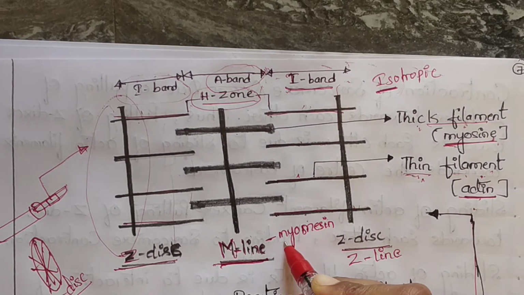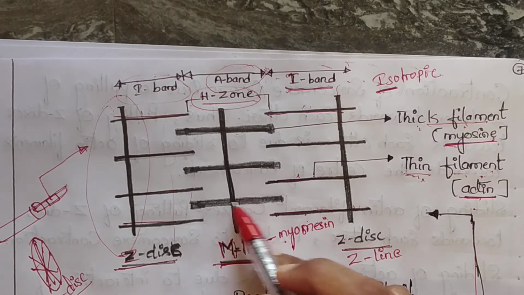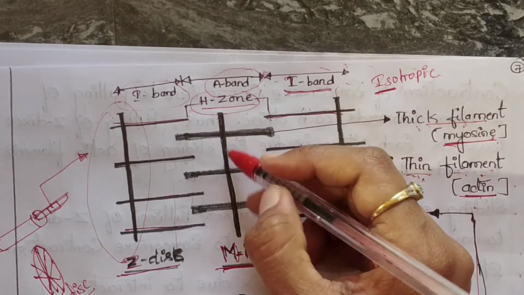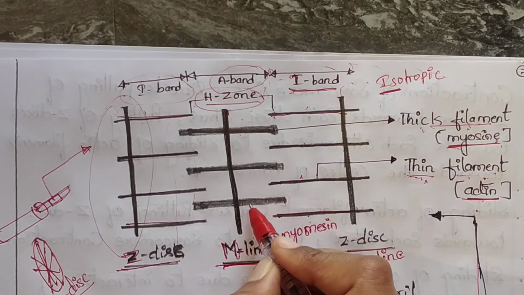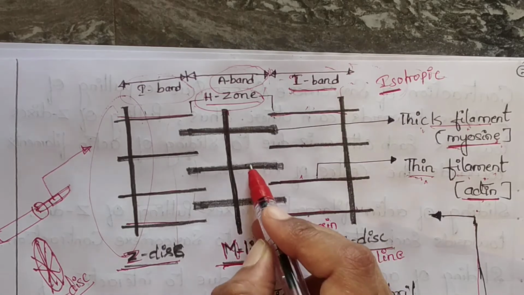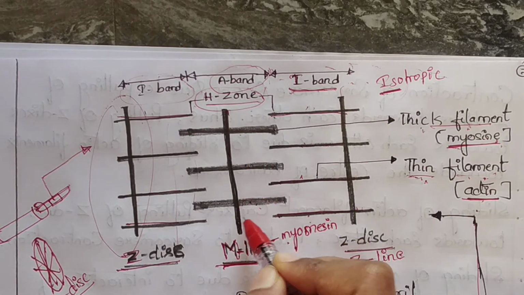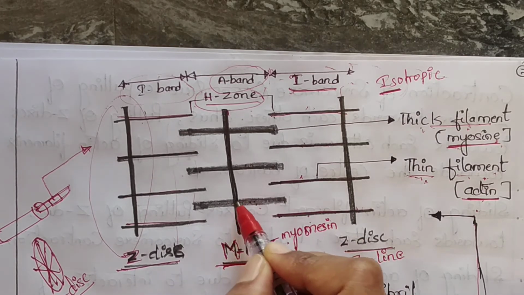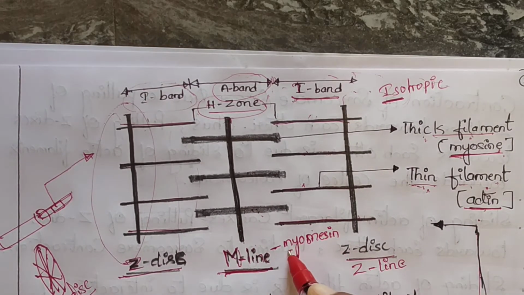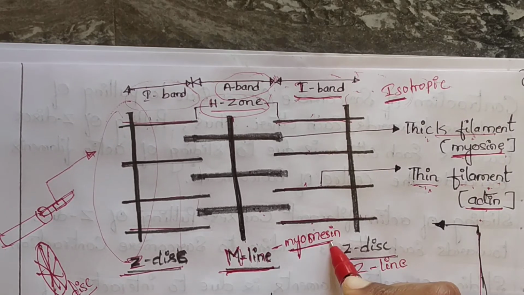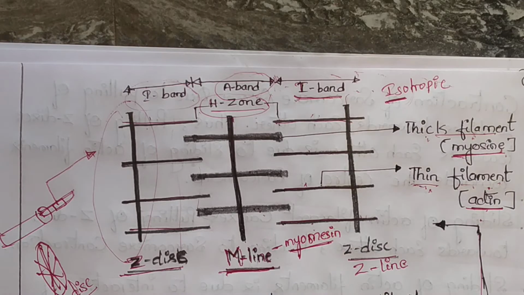And what is the function of the myomesin? Here myomesin organizes the myofilaments and anchors them to this M line. So, okay, myosin, these thicker filaments are called myosin filaments. So how are these anchored or attached to the M line? With the help of the protein called myomesin. These are all exam points you should remember.